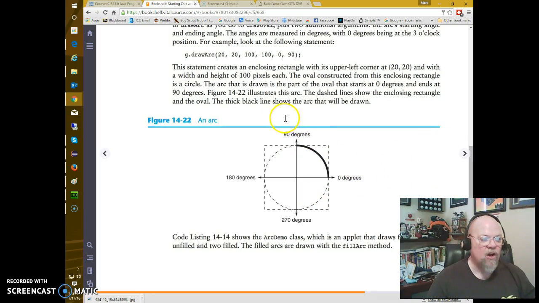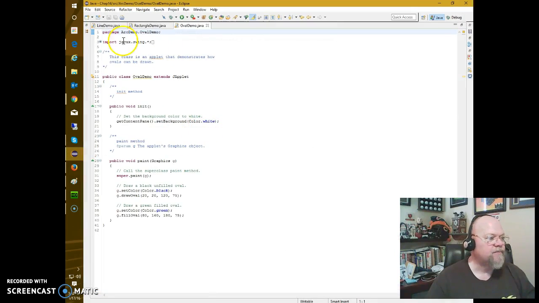We also have a fill arc. If this said fill arc, it would draw that same exact arc, except it would draw the entire quarter of a pie piece. Okay, so if we take a look at the code